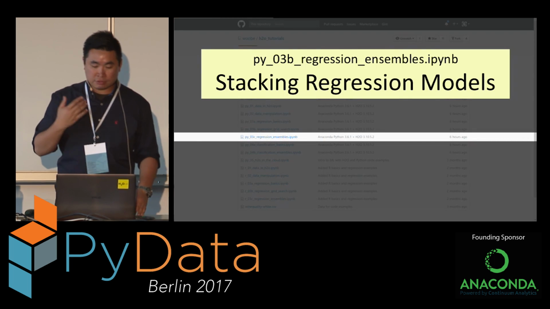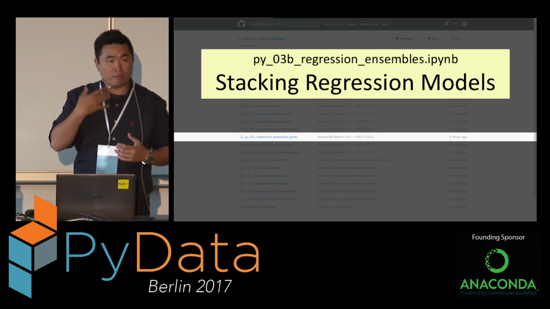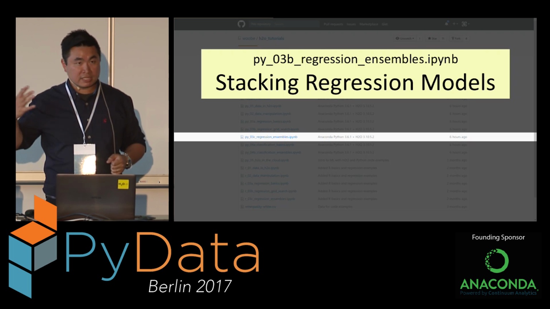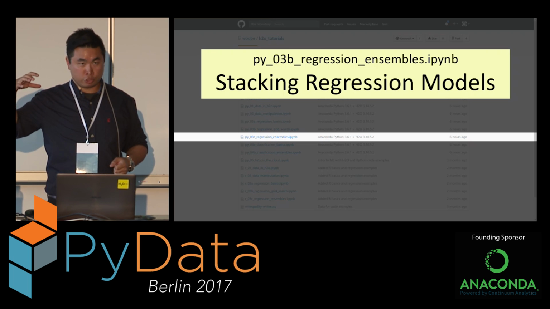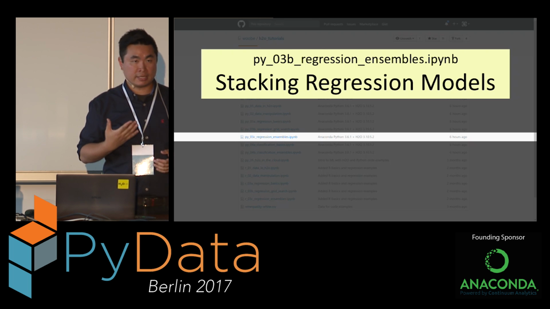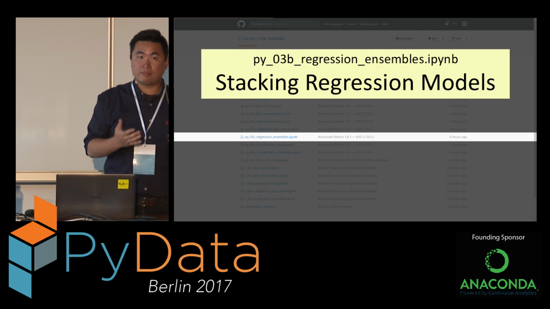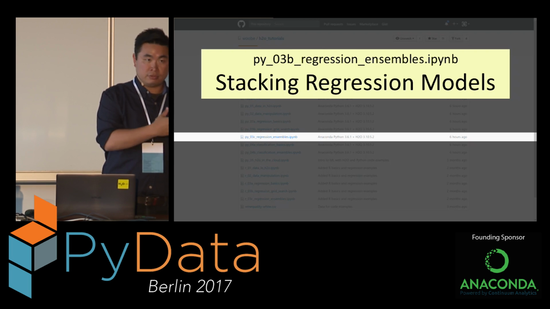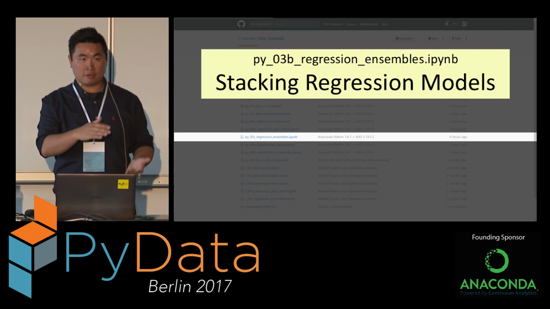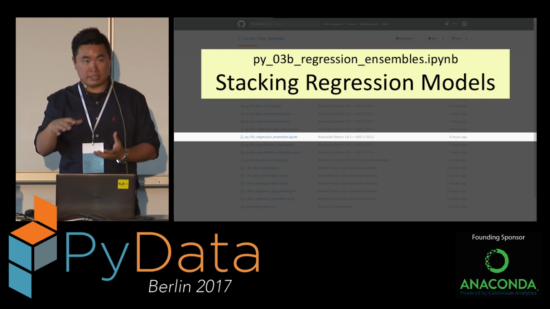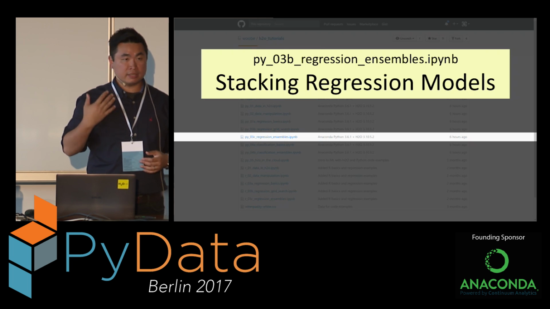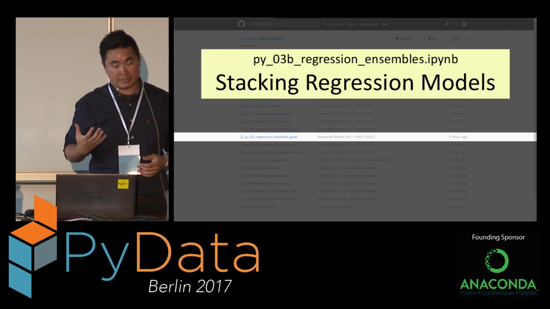Okay, so the last one is an even more advanced technique, to combine different models together. The previous steps are only based on one algorithm, the GBM, the gradient boosting algorithm. But for data mining competitions like Kaggle, you want to combine models from different algorithms. You want a larger diversity of models to capture different things in the data and then combine them together quickly. So we created a feature in H2O called Stacked Ensemble.